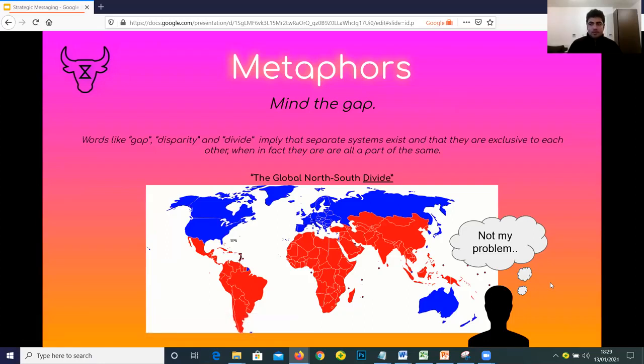So if we have someone like a persuadable, someone in the middle, who's perceiving this message, the first reaction might be, well, it's not my problem. I'm on this side and we're separate, right? Without acknowledging that it's a part of a wider system, but the same system. So another good way to phrase it would be like the system is off balance. So rather than there's a divide or a gap, something like off balance, where the system is one, but within that system there's an imbalance, right?